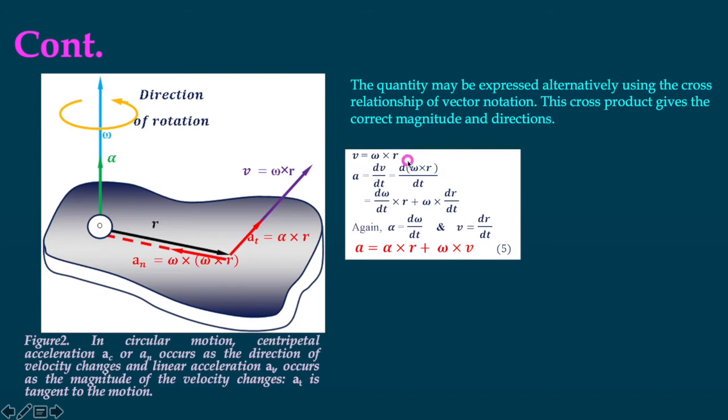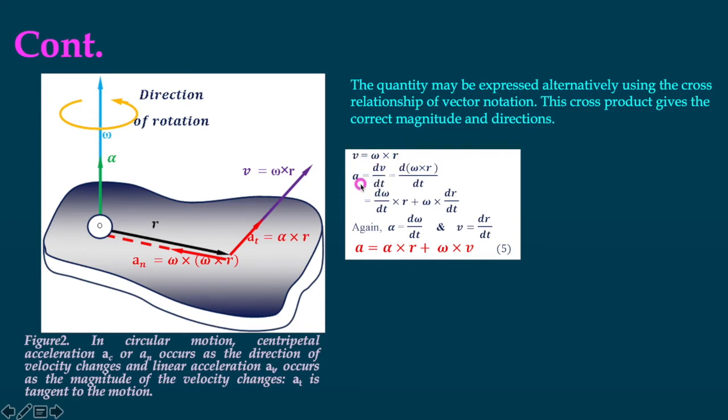Now what is the linear acceleration at any point of the rigid body? So this is the point. This point is at a distance of r from the axis. For this point, velocity is omega r